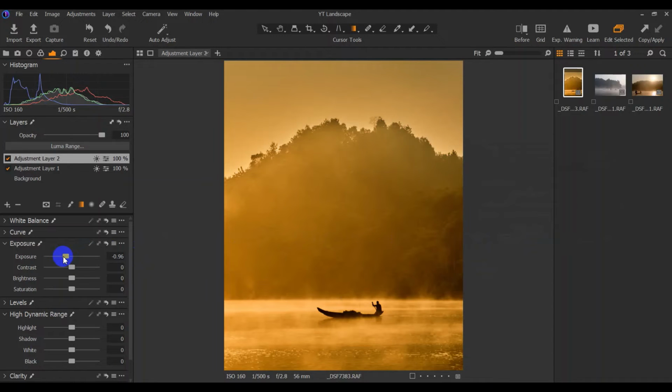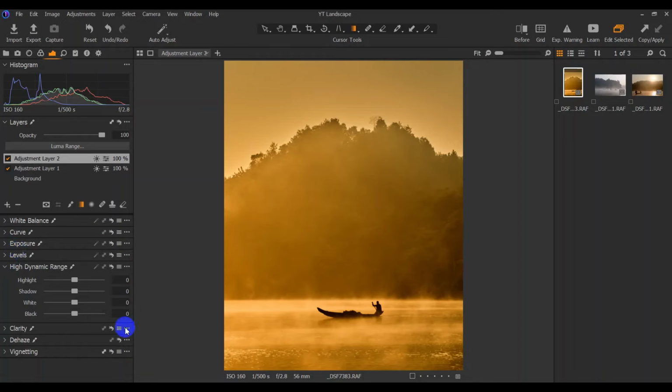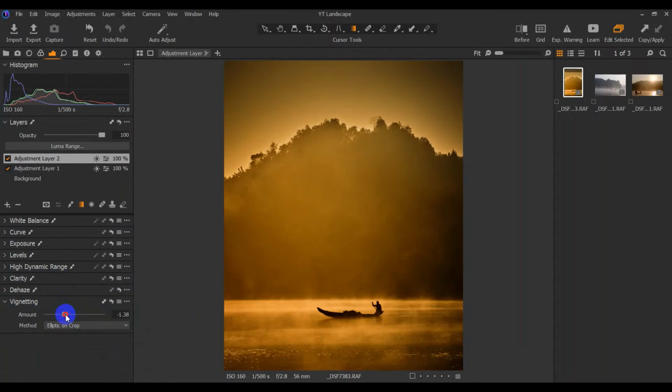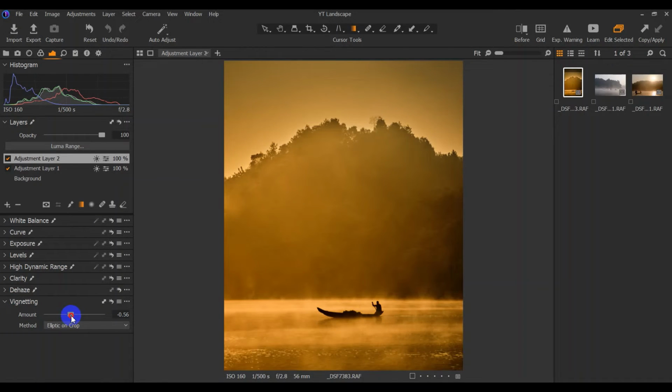This looks okay. So now once we are done with the exposure of the photo, we can add vignetting. There are multiple ways to add vignetting. I'm going to show my way later, but usually what people do is use the vignetting tab. As you can see, different photos demand different kinds of vignetting. For this photo, I am going to leave this vignetting slider, and I am going to create a